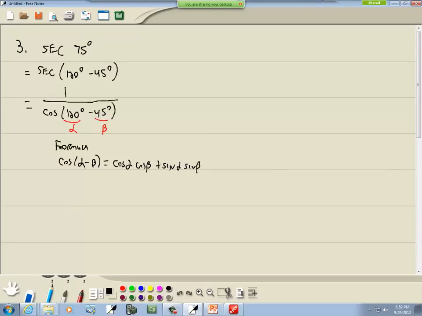There we go. Okay. So the bottom part becomes, this is alpha, so we got cosine of 120 degrees, and